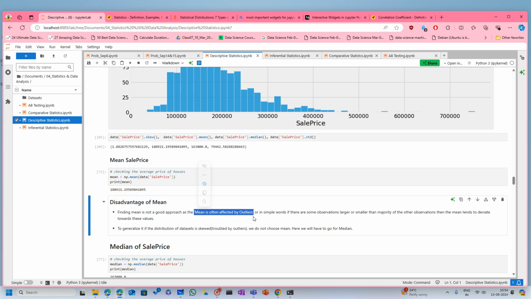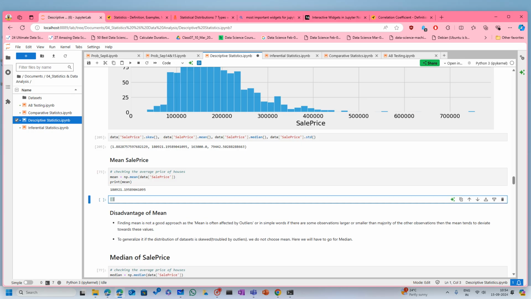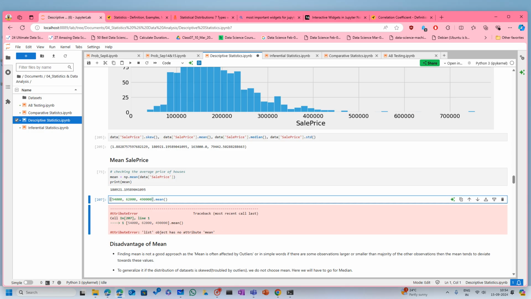For example, let's just say the salaries on an average of students, or the employees, is 50,000 on an average, just for the sake of example. But one person has 2 lakh salary. If you try to compute the mean, one person has 54,000, another person has 62,000, and another person has 49,000. And if you calculate the mean of these, this has to be a np.array